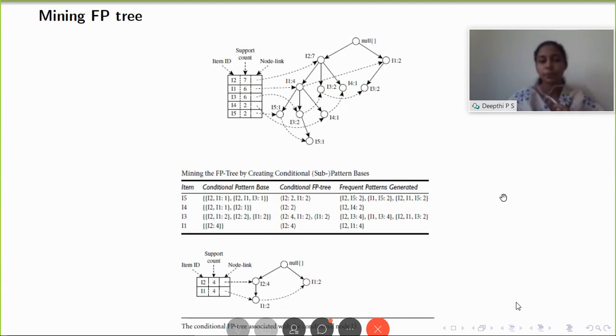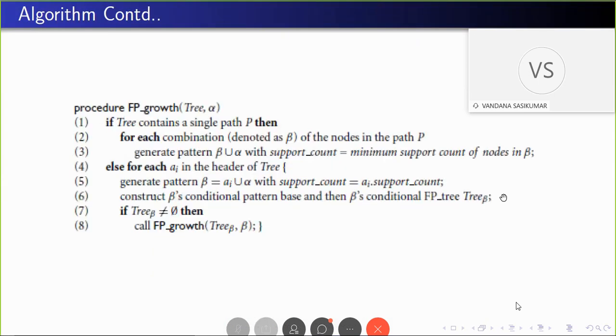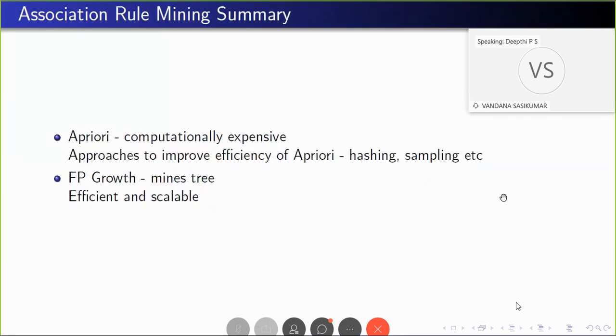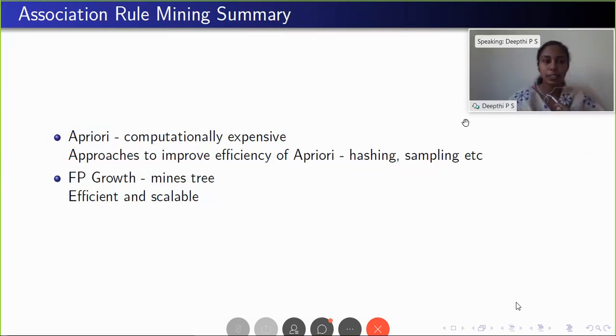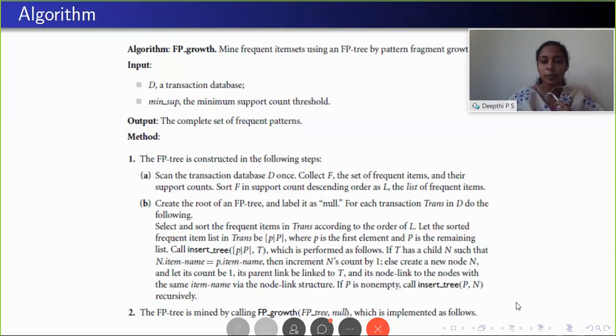We can continue. Okay, this is all about association rule mining. From the exam point of view, you will be given a set of transactions, and the minimum support count will be given, also the minimum confidence threshold. Either you will be asked to generate only the frequent item sets using Apriori or FP growth. In that case, you have to generate only these steps, these sets.